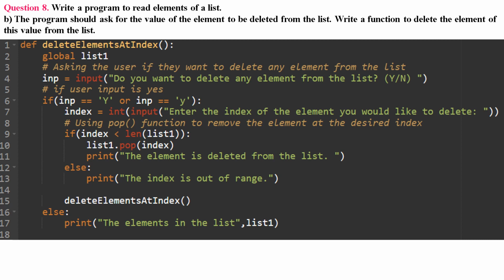What's value? That is the index value. Index value starts from 0. If there are 3 elements, index is index 0, index 1, and index 2. Now, look at the Python code. Line 1. def delete_elements_at_index function: this line defines a function named delete elements at index. Line 2. global list1. This line declares that list1 is a global variable, meaning it can be accessed and modified